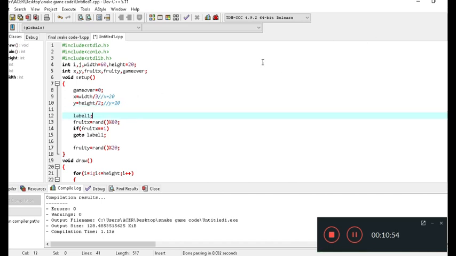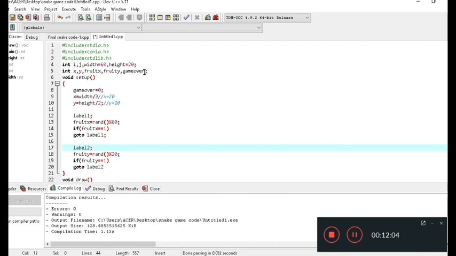What this is doing is, suppose fruit x comes out as 1, then it means it is printing the position of the fruit on the boundary, which I don't want. So I am doing if fruit x is 1, then goto label 1. That is, this loop will execute again and generate another number. The same thing I will use for y.